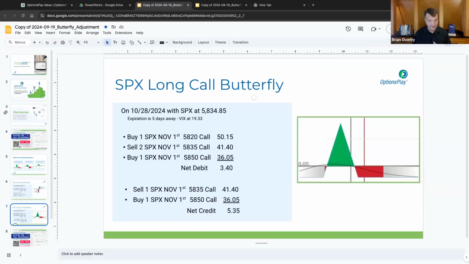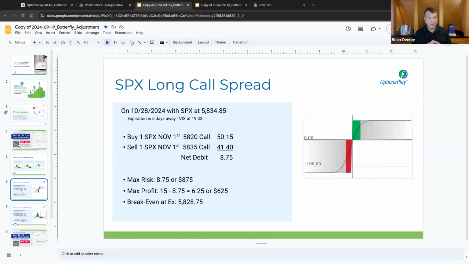I've done it with 10 points, which the only downside of the 10-point wide butterfly or long call spread is that if you roll into the butterfly, you're only 10 points wide. In the SPY, you'd only be 1 point wide. And it's very hard to get something out of that trade when you are so tight on a large index. So I like to go 15 points wide, but you have a little bit more upfront cost in order to do that. So if I'm doing this trade and I come in and I pay the net debit of $8.75,